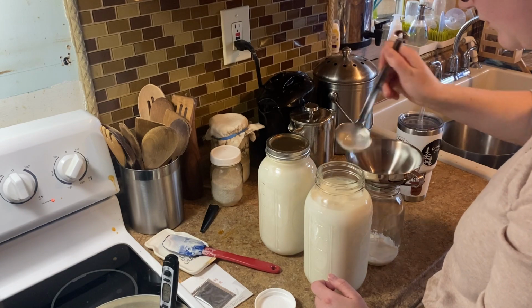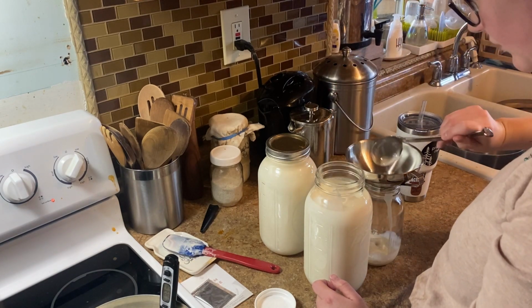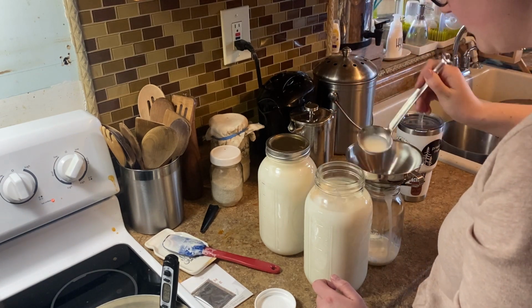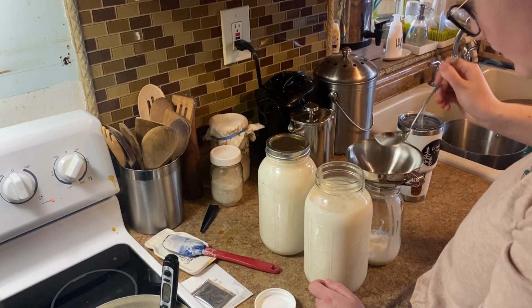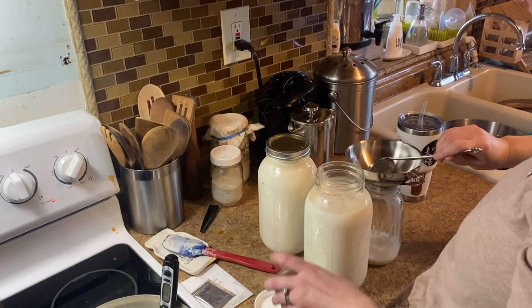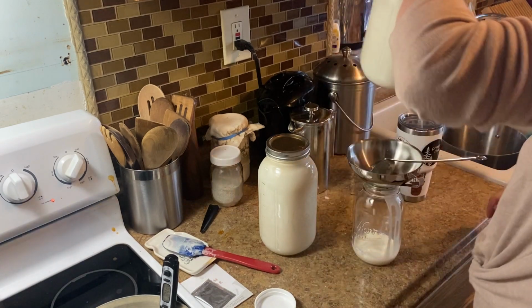And all you do to pull the cream off is you gently ladle the cream from the top. And you want to do this gently so that you're not mixing it all together with the milk and the cream again, because then you'll have to let it sit. And you just pour it off into your container. Now you can see I didn't have as much cream in this container